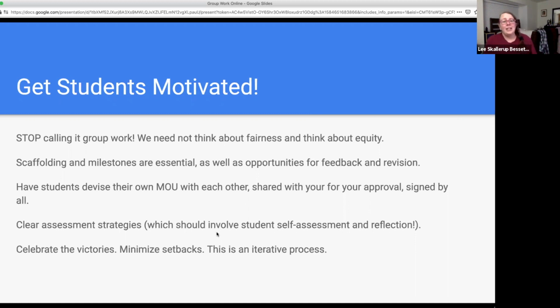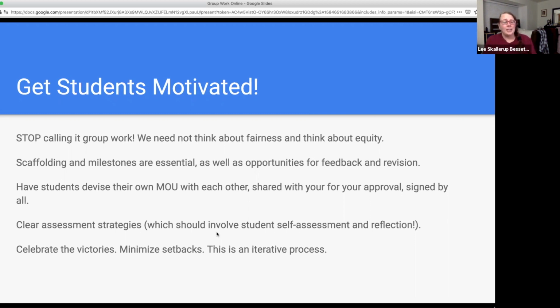But again, as long as they're all in agreement and it's something that's convenient for all of them, heck, they can give each other their phone numbers and actually talk on the phone, which is weird, but for students with low bandwidth, that might be necessary, and they might have to all get comfortable with that. So a memorandum of understanding, having the students negotiate the terms, as well as the expectations, how they're going to communicate, how often, and what to do if something goes wrong, right? Someone gets sick, someone loses access. These are all important things to talk about.